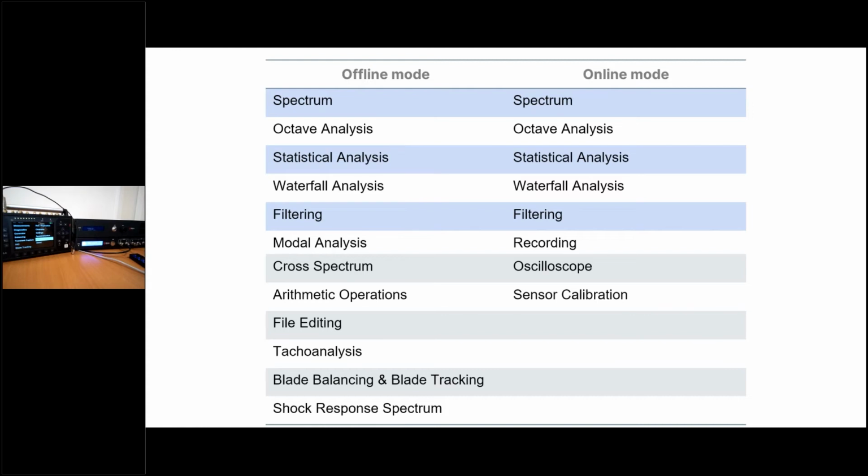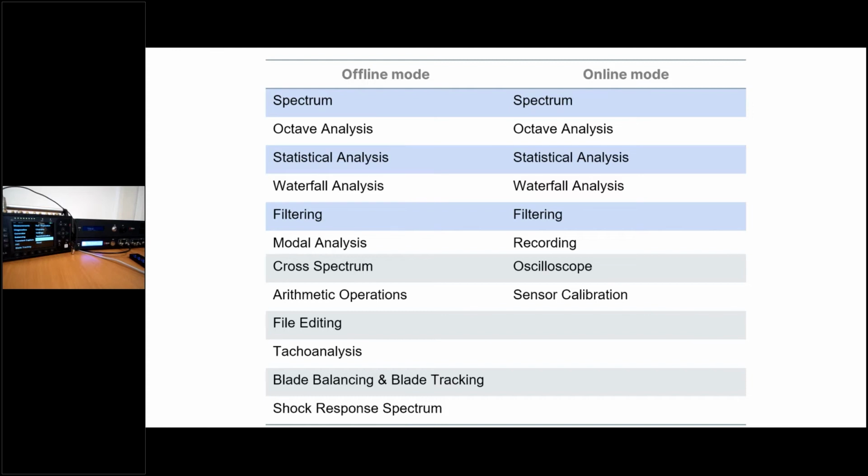Some of those are unique to either online or offline mode. So for online, we have recording, which I'm going to showcase, oscilloscope, and sensor calibration. For offline mode, we have modal analysis, cross-spectrum, arithmetic operations, editing files, performing TEDS analysis, blade balancing and blade tracking,